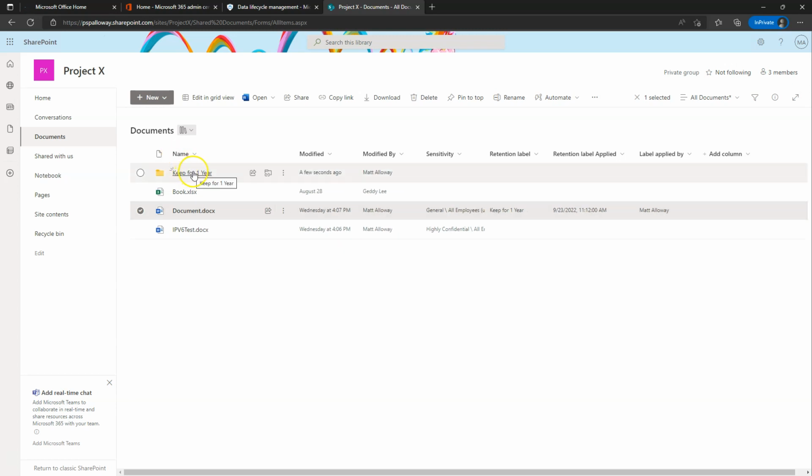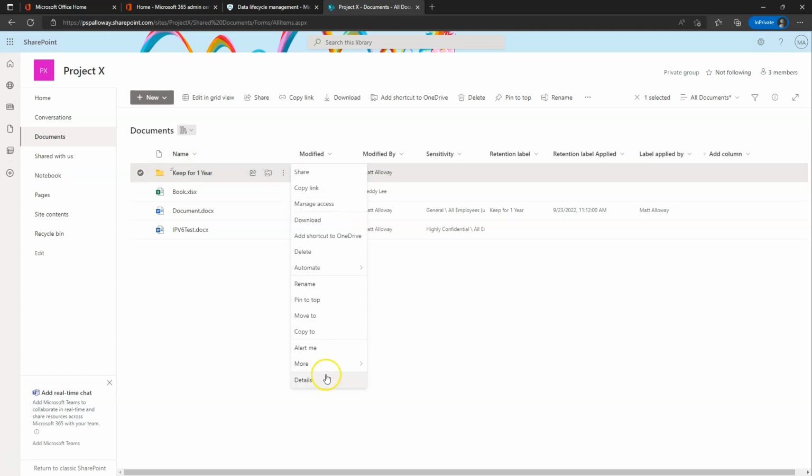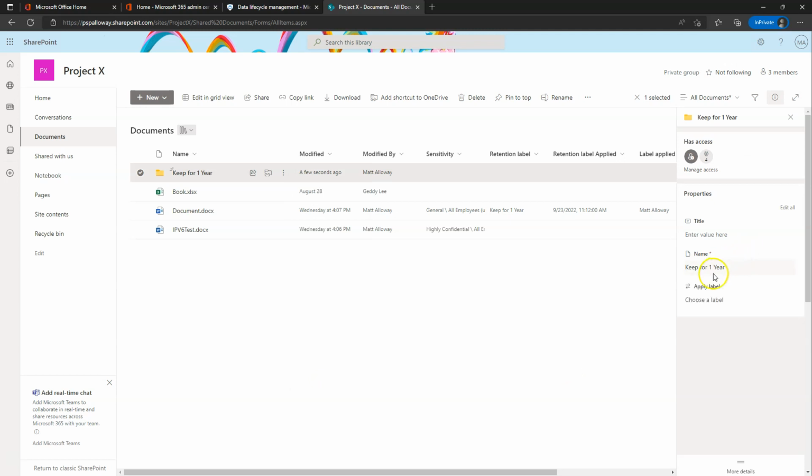So we have a folder inside of here that we want to have any new information that gets added to this folder. So we want to start training our users that we'll have these separate folders in here. Well, what we can do here is hit the little ellipses, go to Details, and we can apply a label